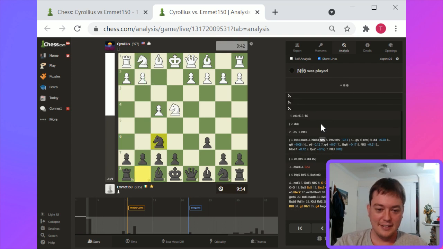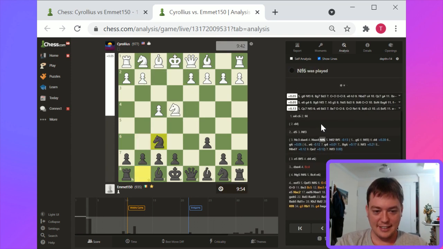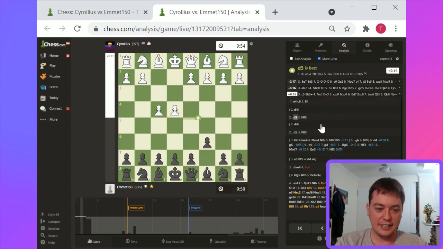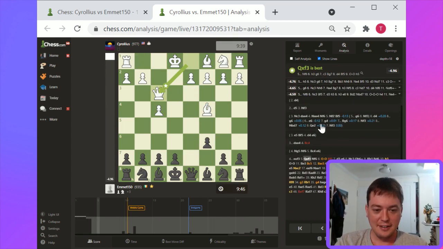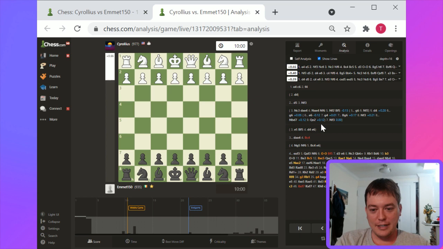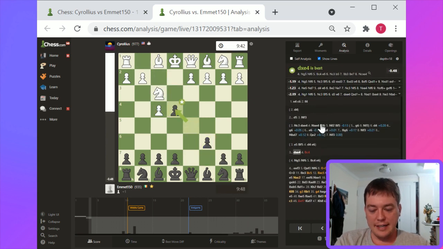So knight f6. Here on the non-sidelines, yes, it's like a Caro-Kann Museo. But this is clearly better for black. Well, yeah, I sort of am impressed by it. Like, at some point,